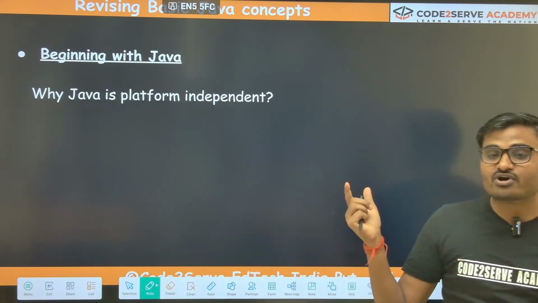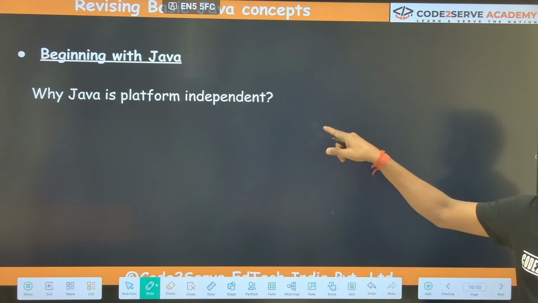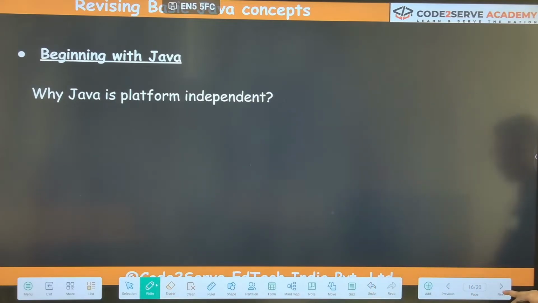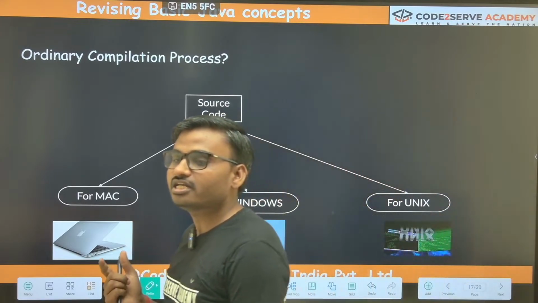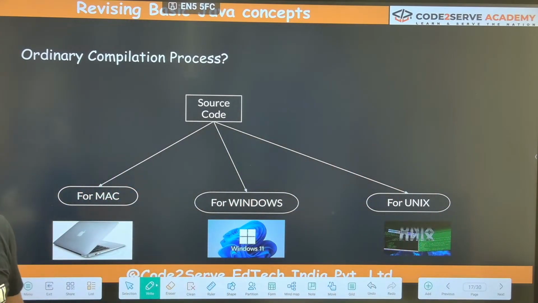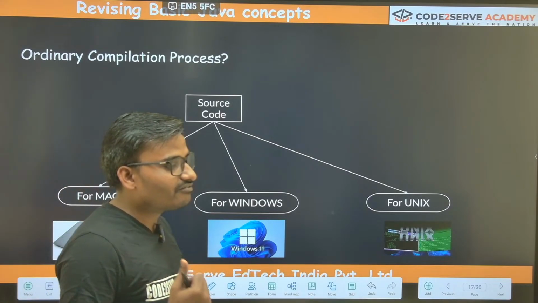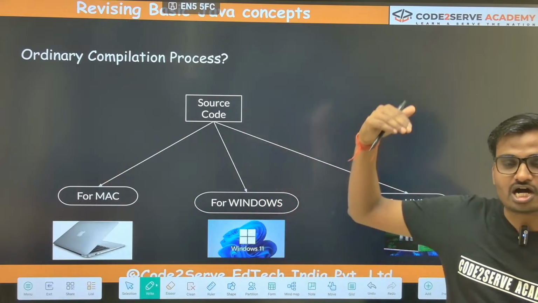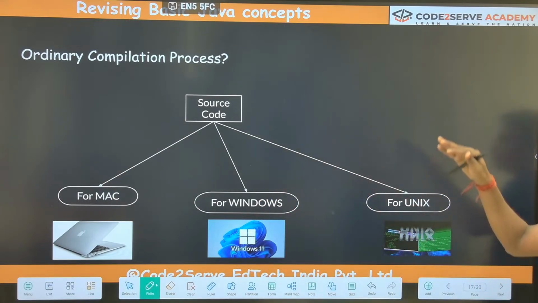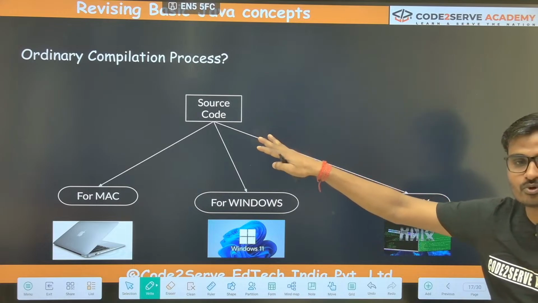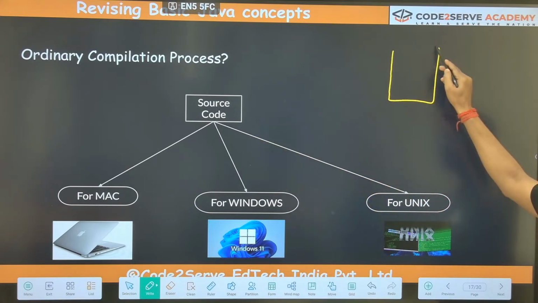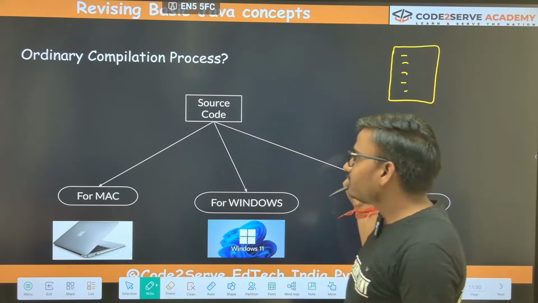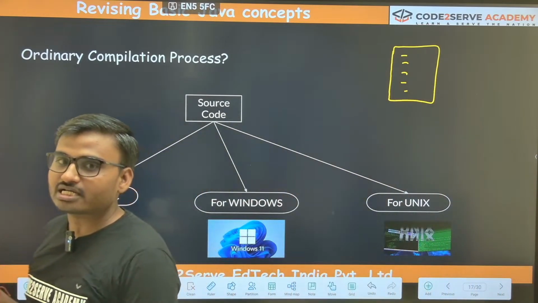So why is Java platform independent? To give this answer, first we have to understand the ordinary compilation process. Initially, before Java came into the picture, whenever we wrote a program in any language, with n number of lines, you can assume it as source code.